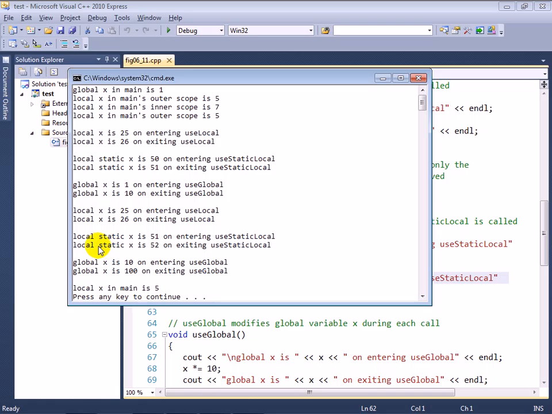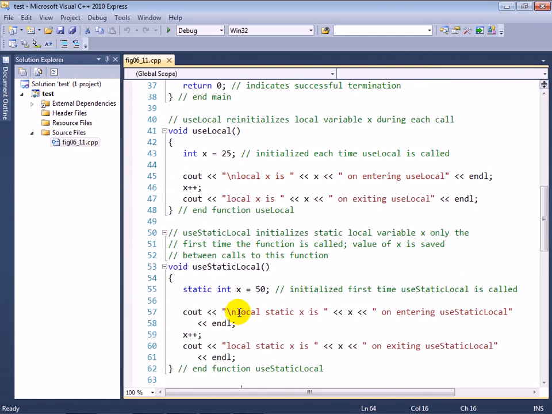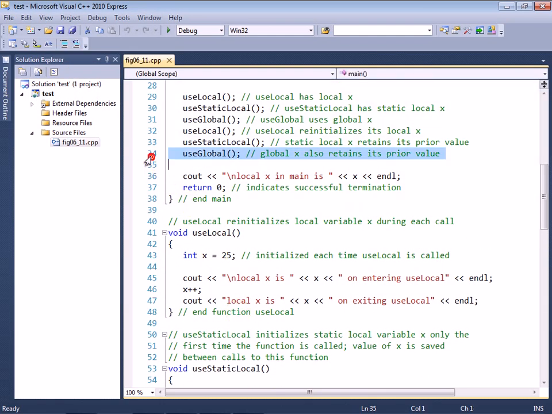And if you look here, you can see that the local static x was 51 this time when we entered use static local. That was the value we left with on the last call. And we, of course, incremented it, so its value in memory is now 52. And if we were to ever call this function again, the new value upon entering use static local will be 52, and that will be maintained throughout the lifetime of this program. Then finally in main we call use global once again,